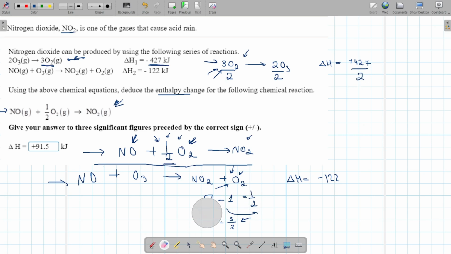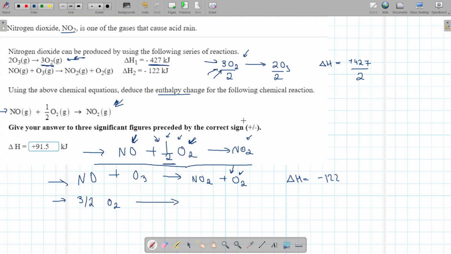Yes, just doing over 2 from the start would work, but that won't always work. If you want, test your luck in the exam. If you're not bothered to do all this, test your luck in the exam, do put over 2. I don't know if it will work, but just test your luck. Okay, so we put it over 2, so this 3 becomes 3 over 2 O2